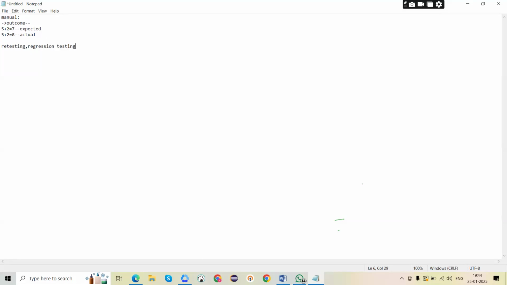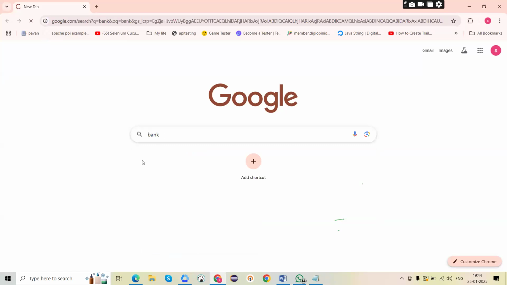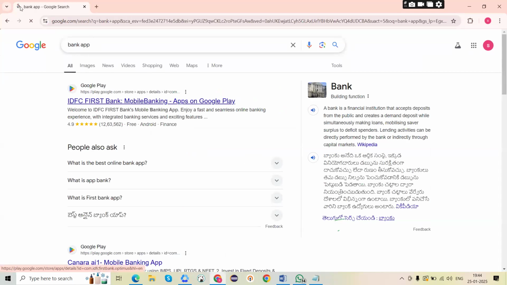For example, I will show you a site, some bank application. One second.